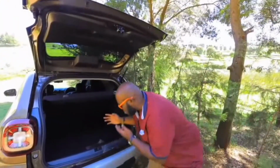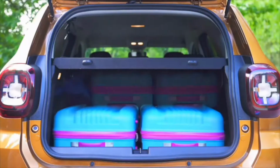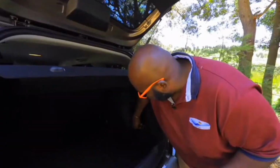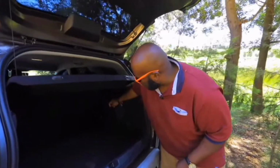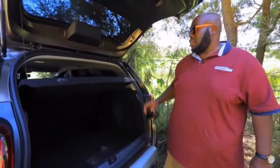Okay, so the boot, it is massive, as you can see. An average size suitcase would fit in, and then you've got plenty of space. You do have a section where you have your jack and spare wheel items, and of course you do have a light just to illuminate the area. You do have a 12-volt socket as well, and a flip down seat